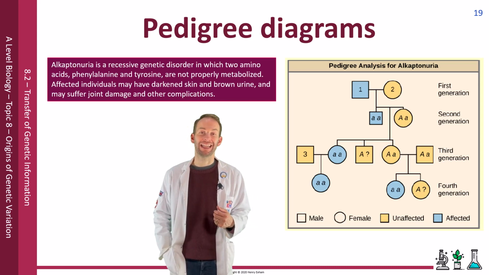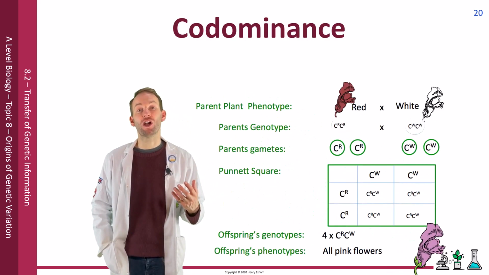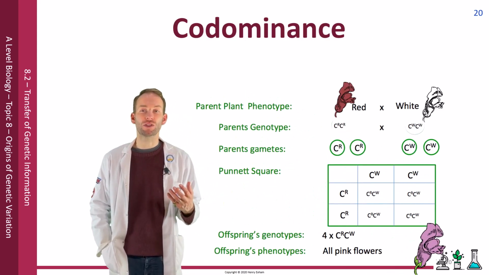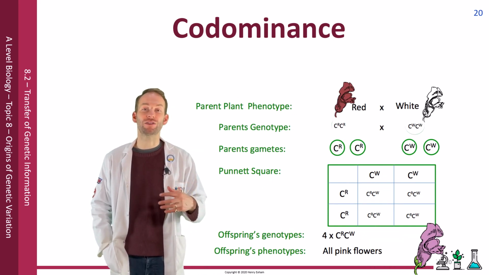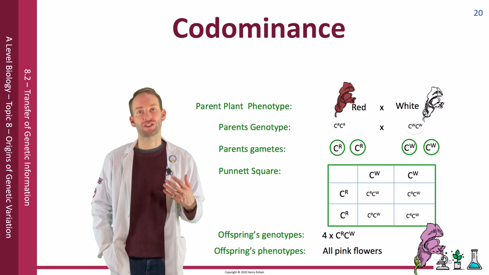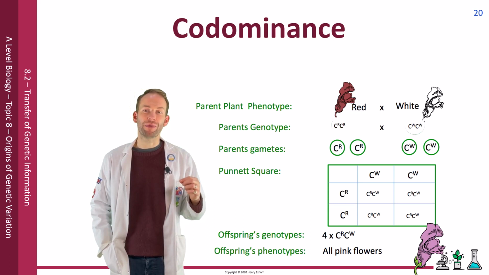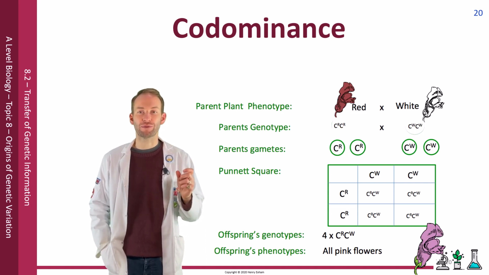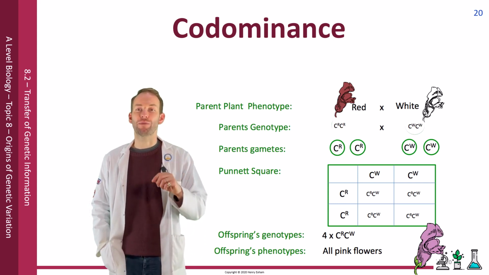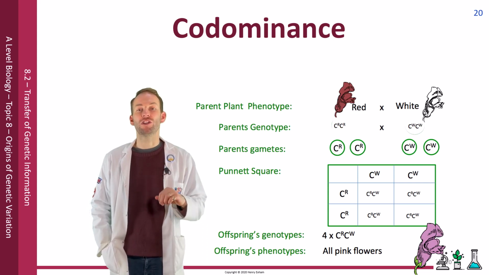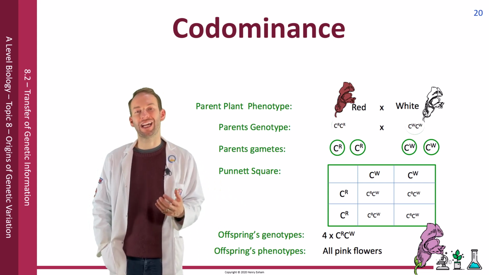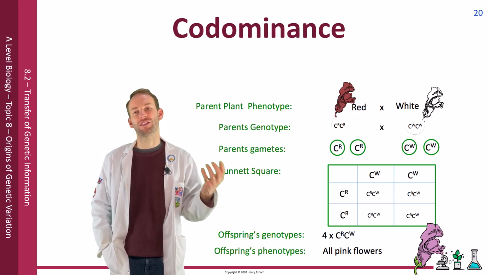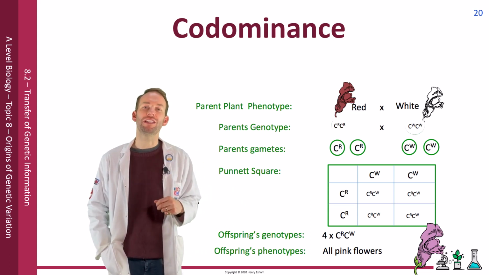big A, little a. As already mentioned, they can be codominant in terms of alleles, and here's an example with the snapdragons, and this is how you set it out in your answer if it's a codominant example. The only difference really is that you change that notation, so you use a big C for the colour in this case, and then we use capital R as a superscript and capital W as a superscript to show that they're both dominant. Okay, we can't use the notation we used before because it doesn't allow for codominance, because you can only have one capital letter and one small letter, but in this case we can use 2 different capital